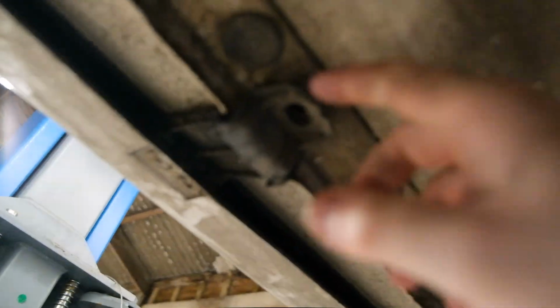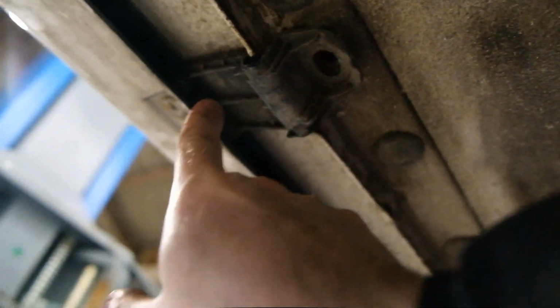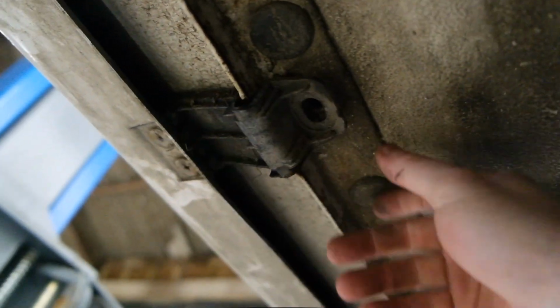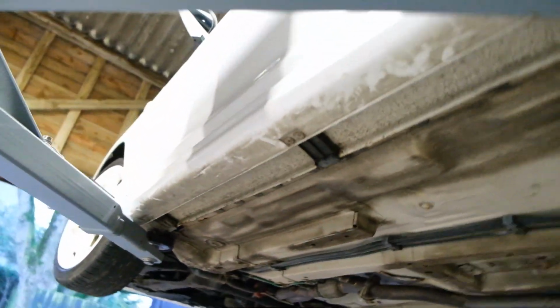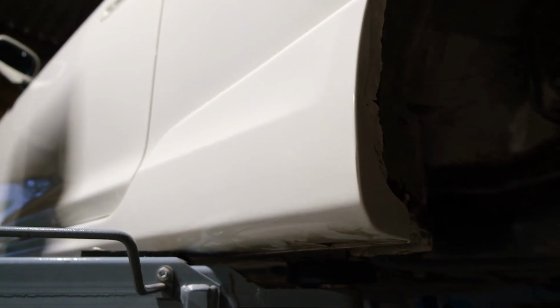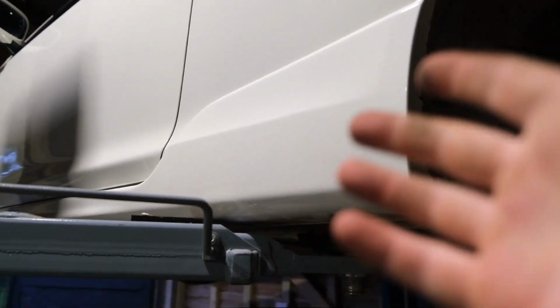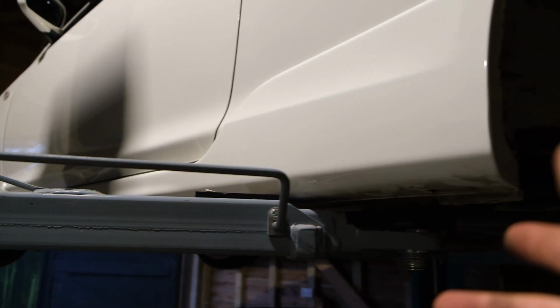Also, when you're putting it on, another thing, just make sure that it'll line up correctly. Make sure this is over that, otherwise that will push on the sill and it won't go on right. So just make sure that's clipped over to begin with. And then obviously, like I say, the other side is the exact same process. So yeah, that is how you can prevent rust on your Civic EP3 or EP2 by doing this very simple